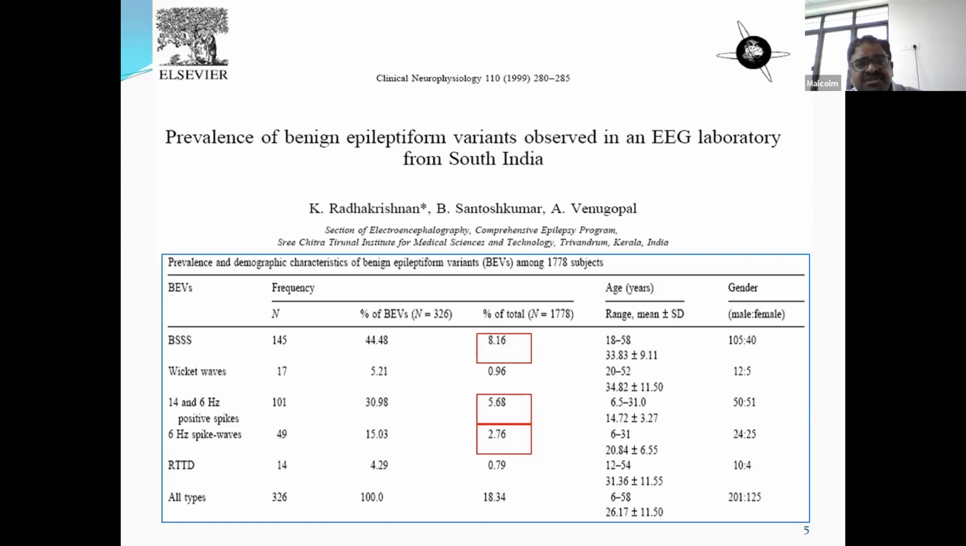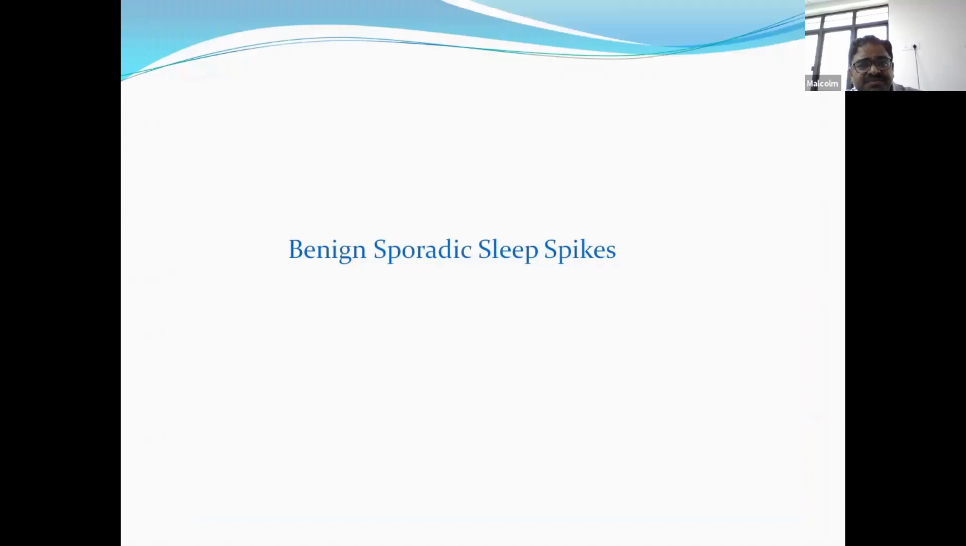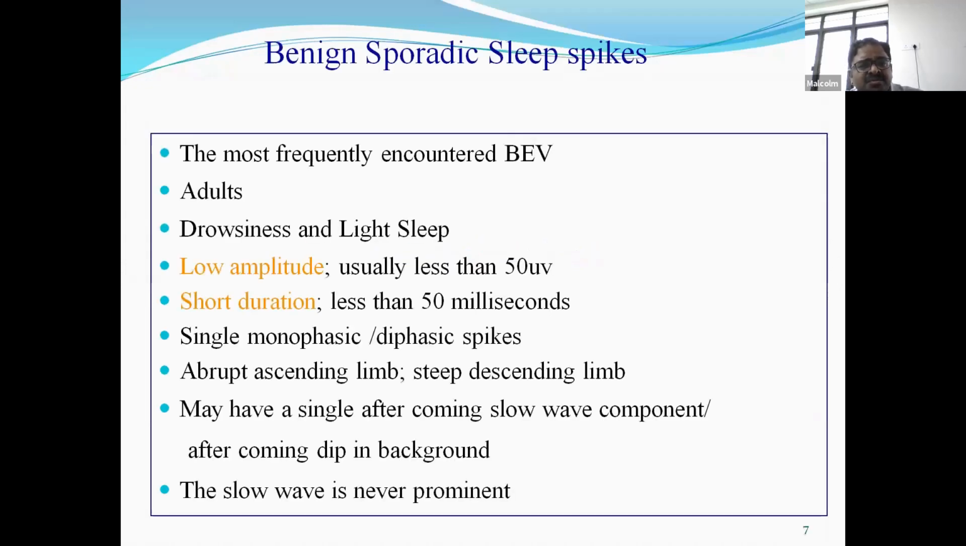And in some patients, a genuine withdrawal may not be possible because of the identification of benign epileptiform variants as intractable epileptiform discharges. So I'll go ahead with my first variant, namely the benign sporadic sleep spikes. It is the most frequently encountered,